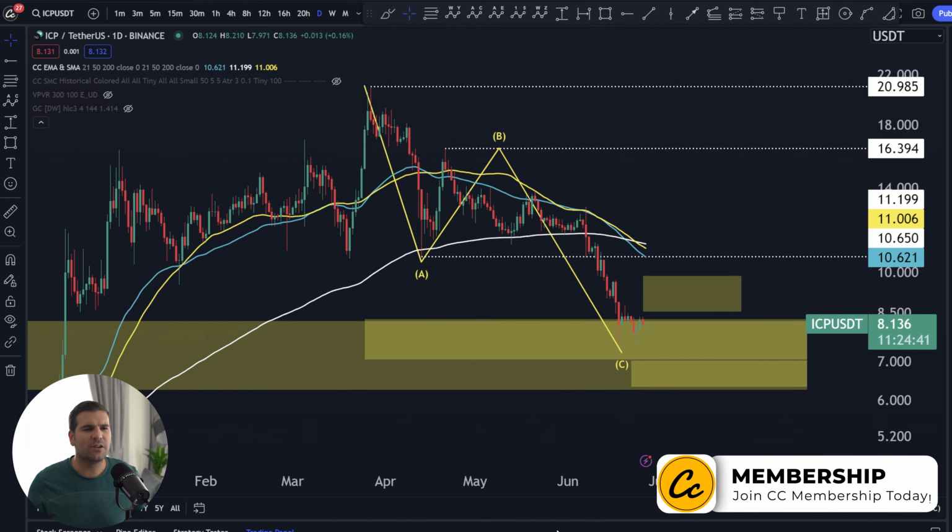Today we're going to be taking a look at the technical analysis of ICP, Internet Computer Protocol. We have it here paired up with USDT on the one-day Binance chart, and I'll be sharing my short to medium